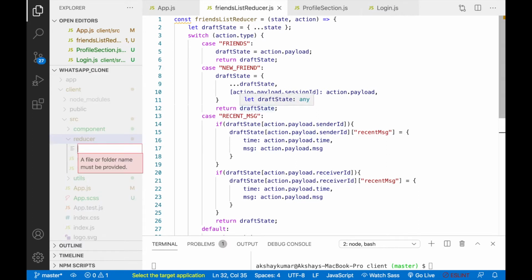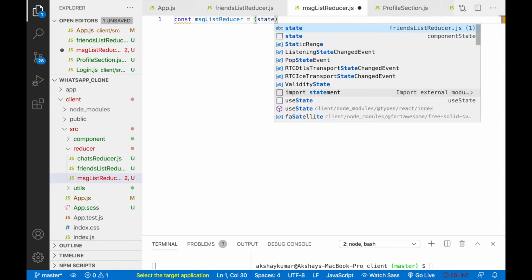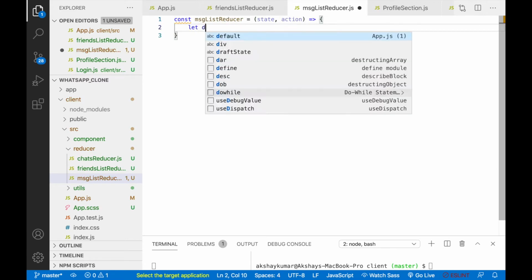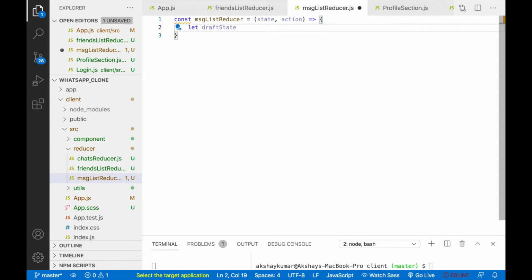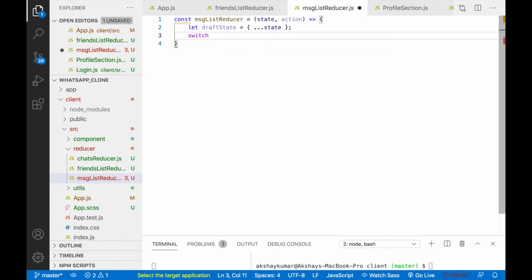That will be the message list reducer. Here we'll write const messageListReducer equals, we'll take state comma action. We'll write let draftState equals, then we'll create a copy of the state. Then we'll write some switch cases. The first case will be message list.